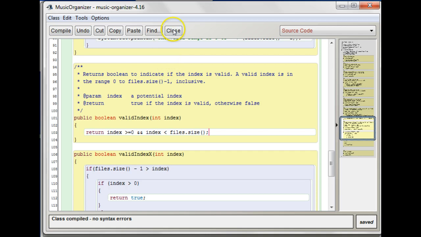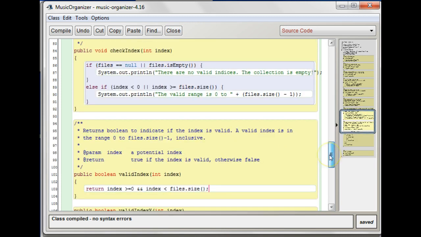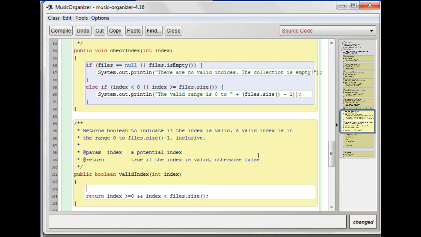And again, you could test this. You could test it the same way we did with check index and make sure it's returning the right stuff. You might want an extra test like if files equals null, return false, just in case,